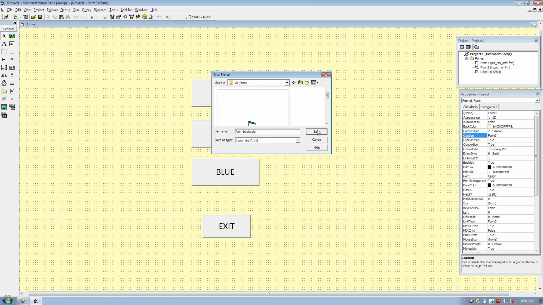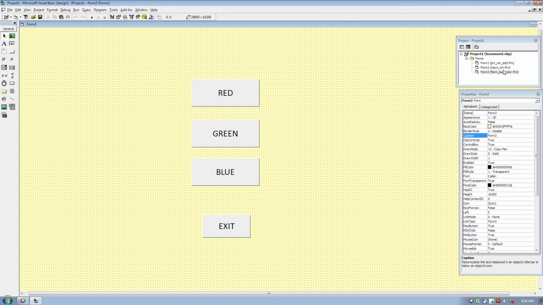It will be saved under this project. We have created only one project, and now there are 3 forms under this project. Whenever I open this project, I will be able to run these 3 forms whenever it is required. Got it? I think it is enough for today.